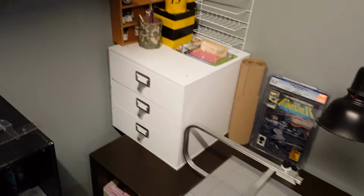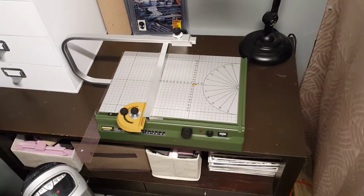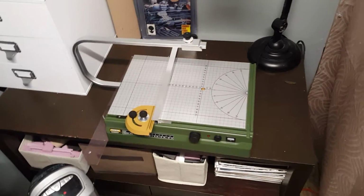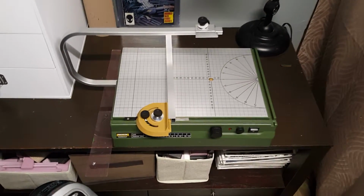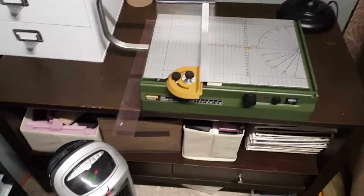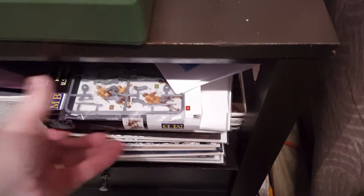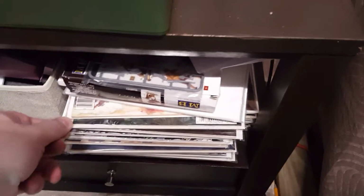Over here is my Proxxon foam cutter, which I love. It cuts foam very nicely, and in all various thicknesses. Down there some scraps. In here I just have some little models I need to complete, and I got a whole bunch of